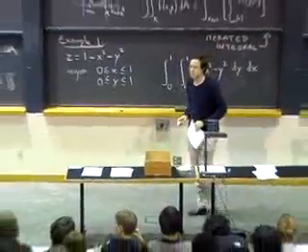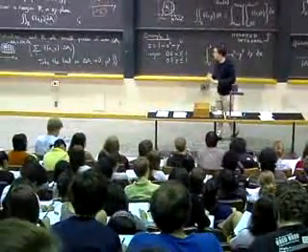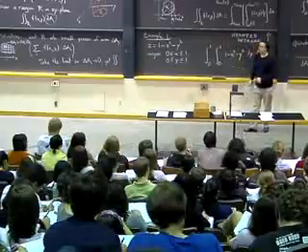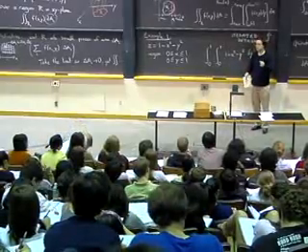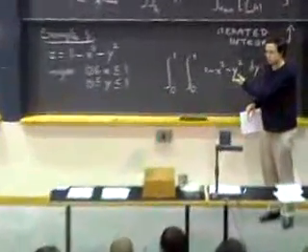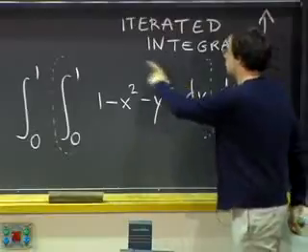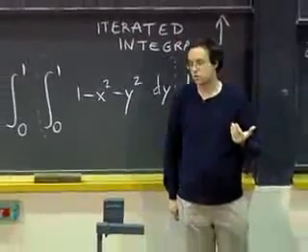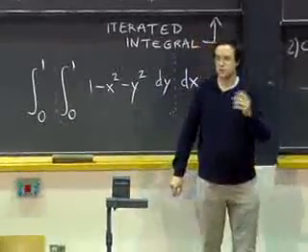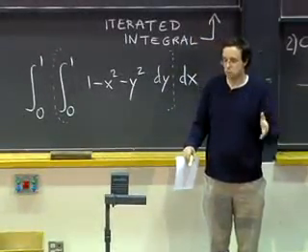Yes? Will it always work? Sorry. Yeah, in principle, it always works both ways. Sometimes, because the region has a strange shape, you can set it up more easily one way than the other. Sometimes it will also be that you know how to integrate the function one way but not the other. So the theory is that it should work both ways. In practice, one of the two calculations may be much harder.